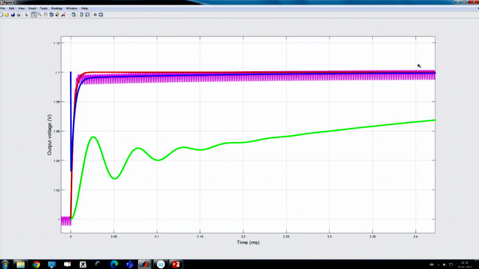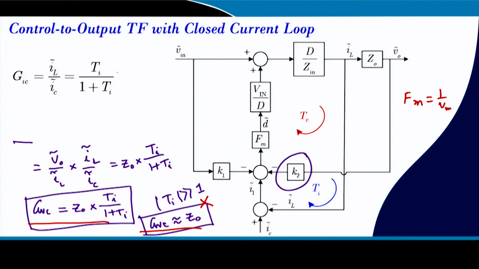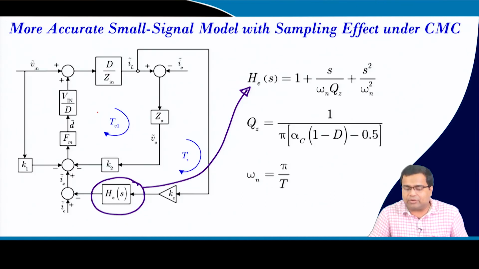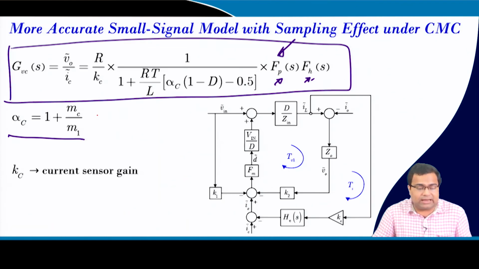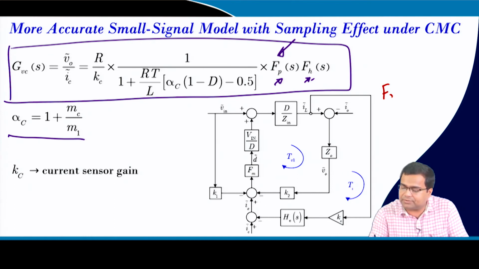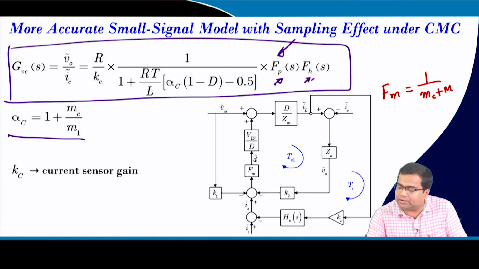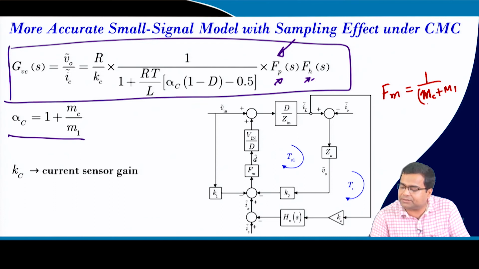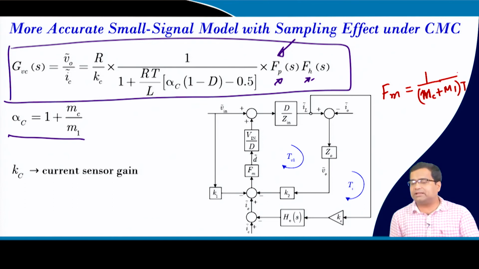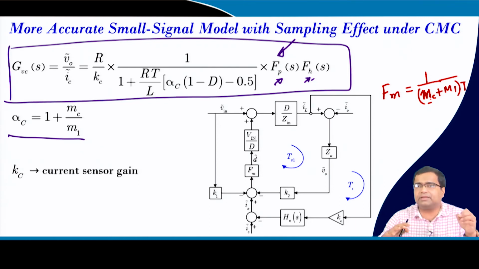That is why there are so many models in current mode control, because they fundamentally differ in terms of modulator gain. In the case of the Ridley model, if I go back, the modulator gain, FM, was taken as Mc plus M1, Mc is the capital Mc, into T. That means it is the addition of the slope of the ramp, if we add it,